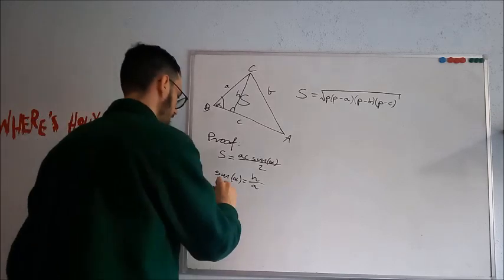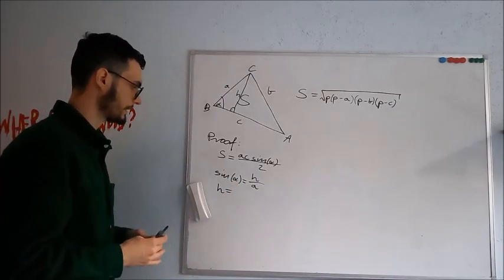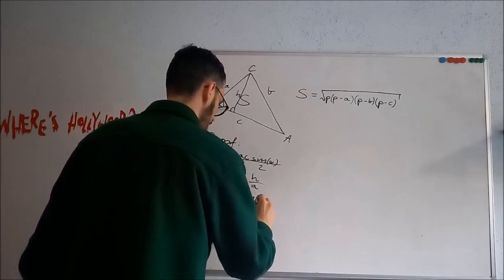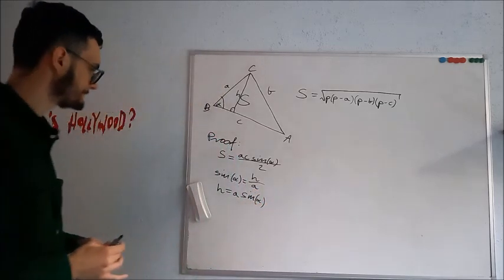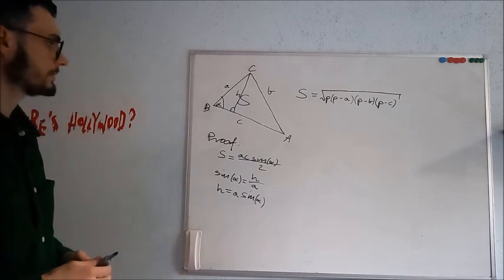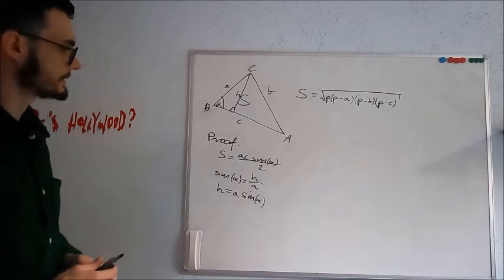So the height of our triangle ABC is a times sine of angle alpha. Right, so if we want to prove that this equality is true,